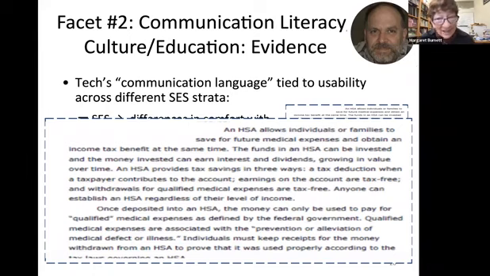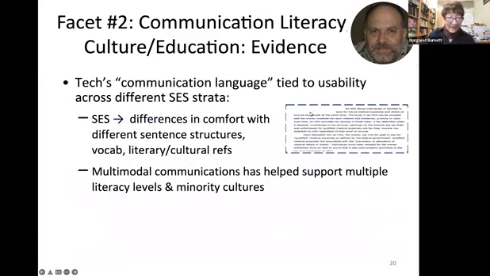This is a wall of text. The sentence structures are super complex, we've got this sentence that goes on for weeks, of the sort that we academics write all the time, but not everybody is comfortable parsing them. And it's also talking about tax consequences, which may or may not be the sort of thing that this person is interested in. It's got super high assumptions of vocabulary knowledge. And probably if we run one of those reading level checkers, it's going to come in as college level reading. All right, let's shrink that back down again.